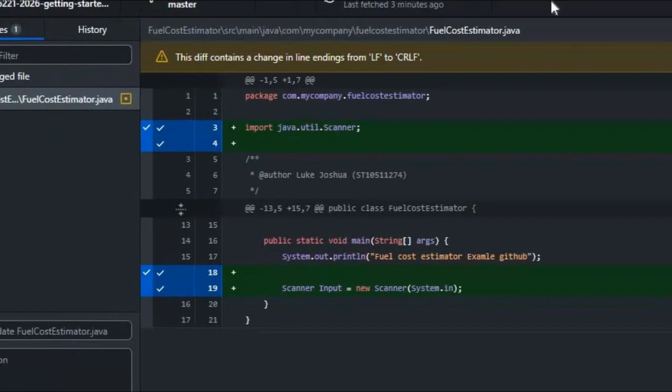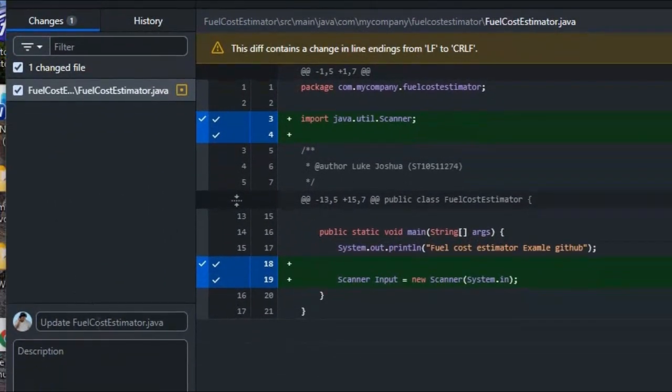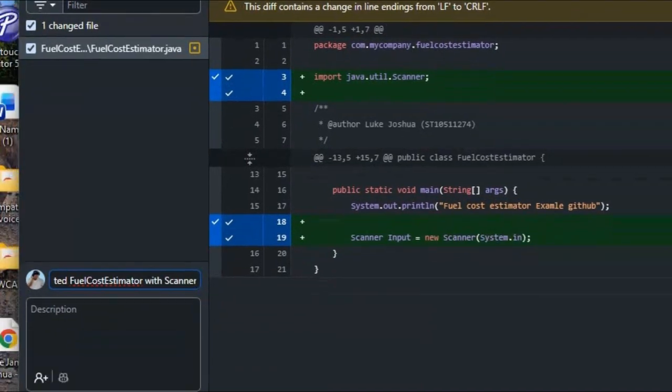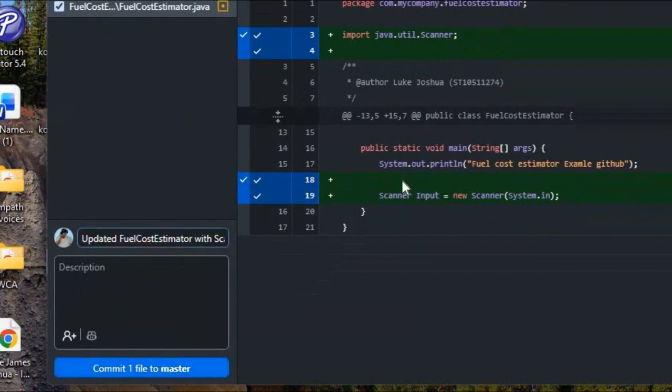You can go back to GitHub and say updated fuel cost with scanner. Okay, and once again you're just gonna commit,